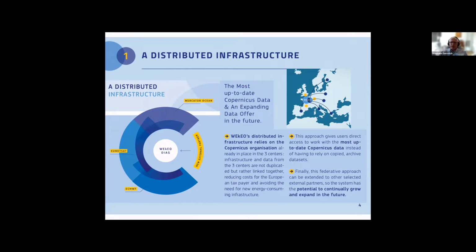In this particular case, there is no duplication of the data. It's the native data which is already resident on the servers of the various partners that has been networked basically and made accessible. This ensures, of course, speed of access. This ensures that you always have access to the most up-to-date data, because there's no need to go and copy it from somewhere else or to download it.